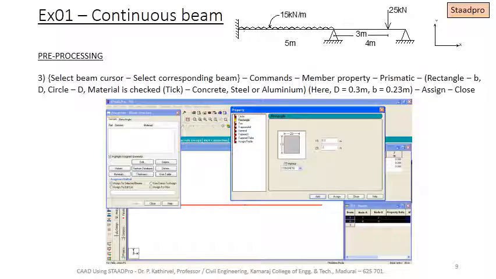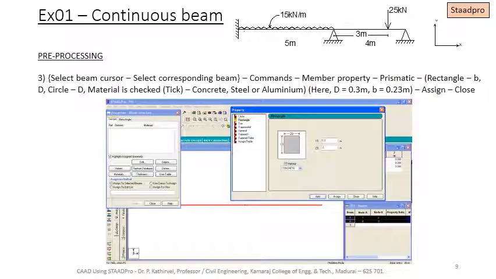And then here select rectangle. So you have various shapes listed as circle, rectangle, T-shape or general. Here we can select rectangle and give the breadth and depth of the section. If it is a circle, you can give the diameter, and tick the material option by giving concrete, steel or aluminum.